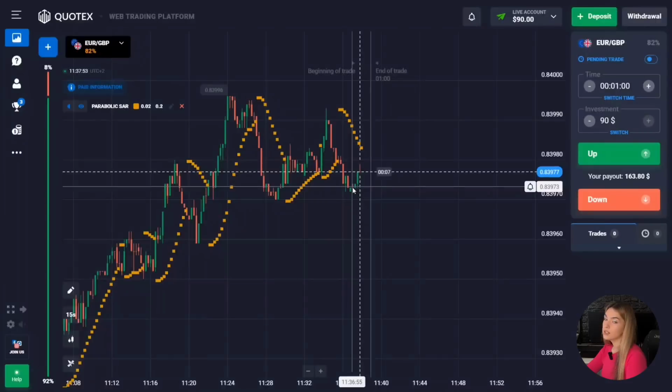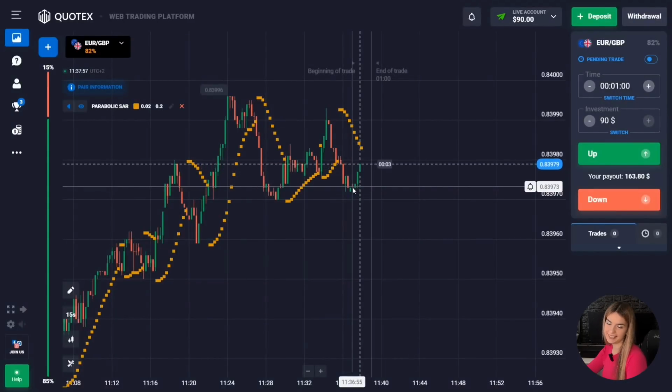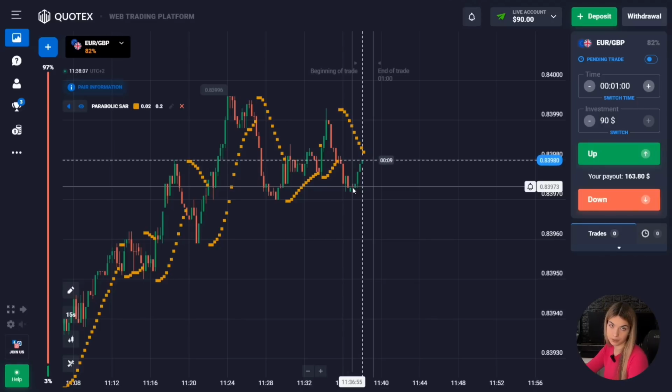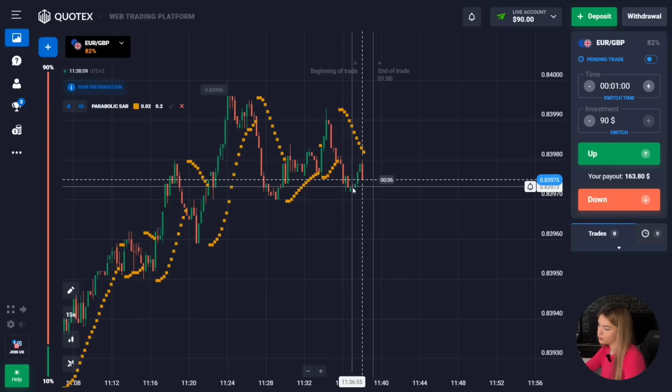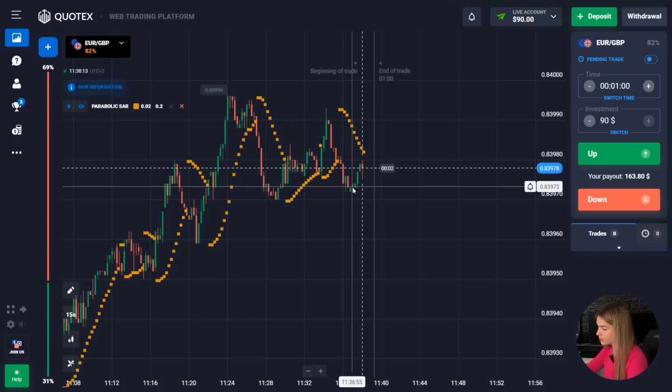Let's go! So guys, today we'll trade using a strategy based on technical analysis, and to help our technical analysis we are going to use the Parabolic SAR indicator. Guys, this indicator will help us to determine the pivot points, and in turn it will help us to analyze the market. So guys, I'll remind you how this indicator works.